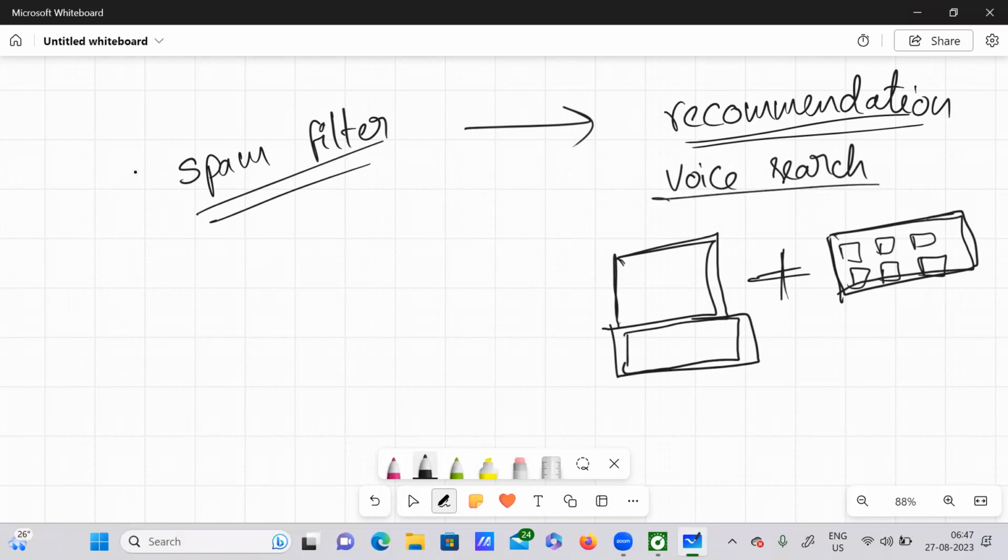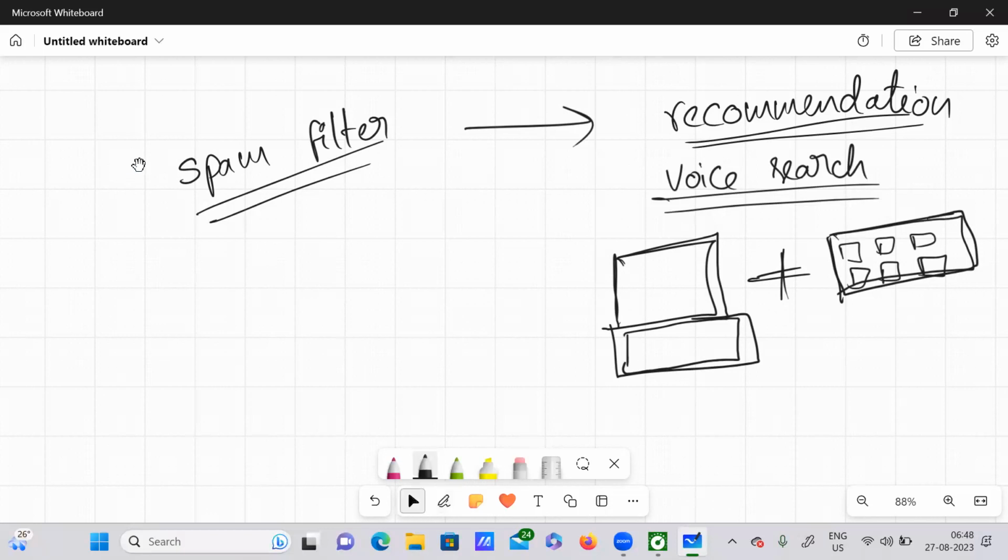Depending upon your voice, the ML algorithm responds and does the job that you ask through your voice. So from spam filter to recommendation systems and voice search, ML has developed a lot since it was first introduced.